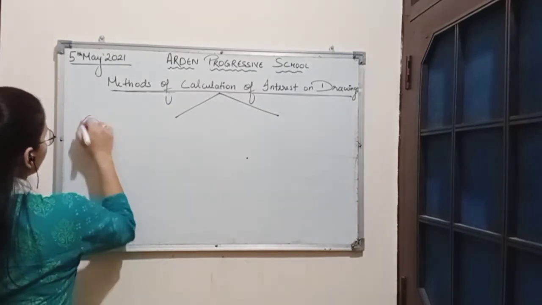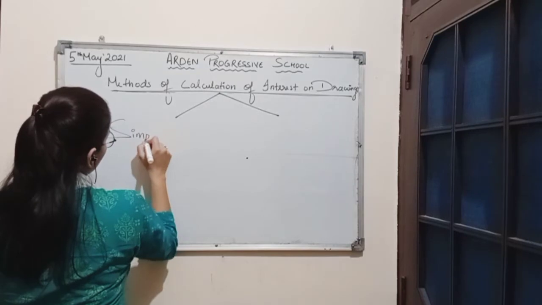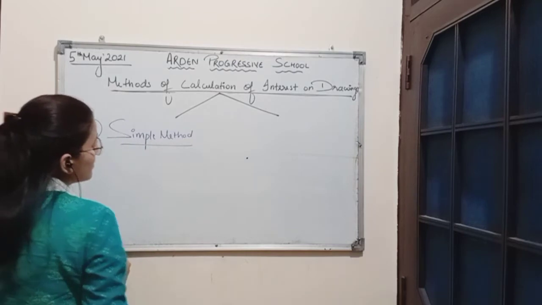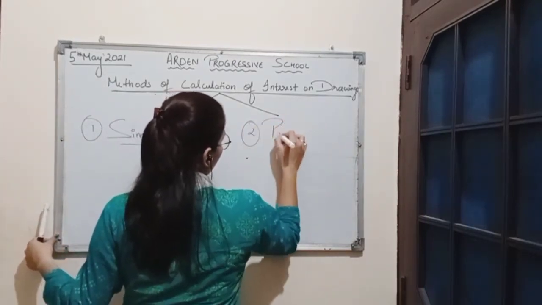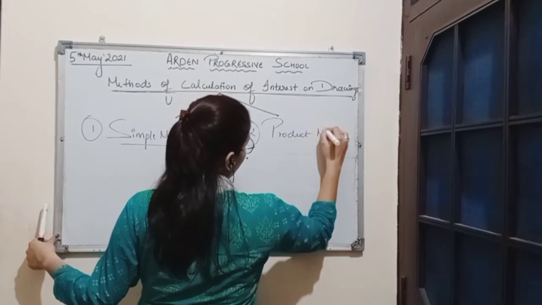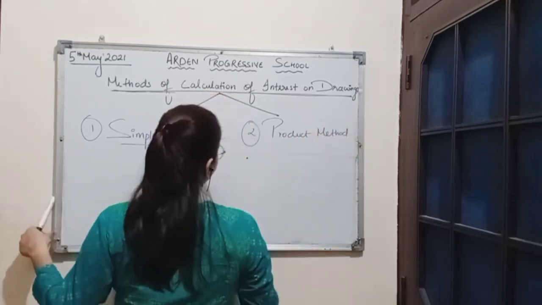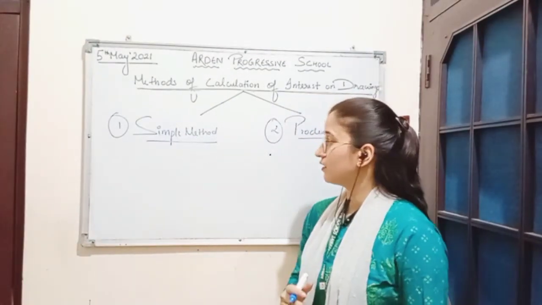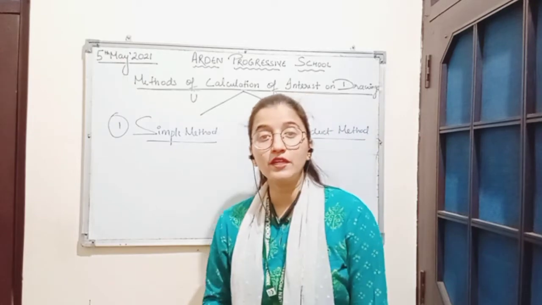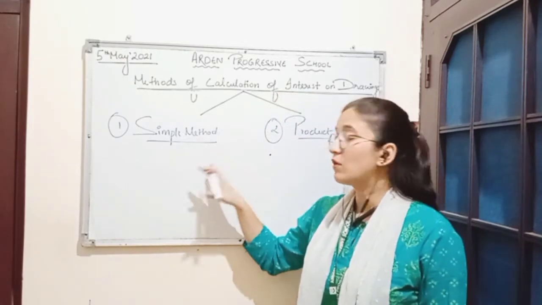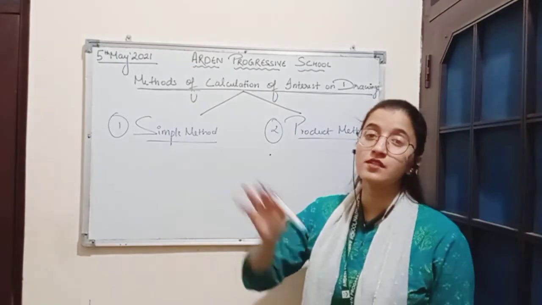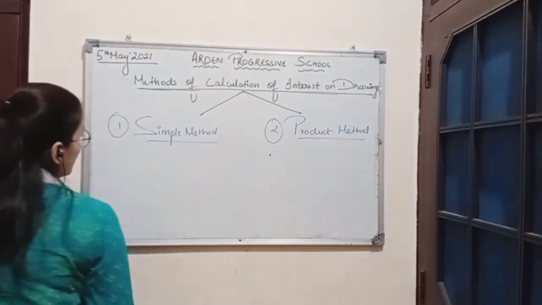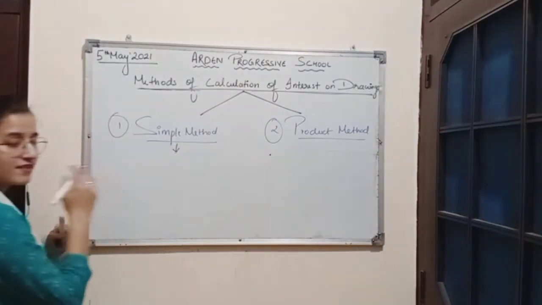First is the simple method and second is the product method. If we talk about the simple method, under this method the interest on drawings is calculated separately on each amount of drawings from the date of drawings till the date of closure of the accounting period. So the formula for calculating interest on drawings by simple method is